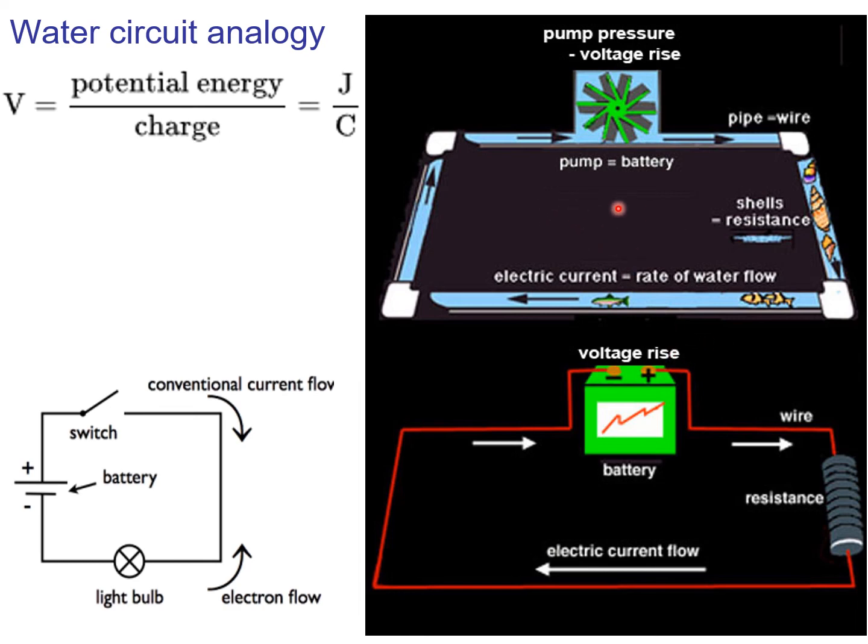So in your aquarium, you may have that at some point in one of the pipes there's stuff stuck in it, right? That would cause the pressure to drop, and would decrease the rate of water that's coming out from the other side. So that would be the same as electric current going through a resistance.